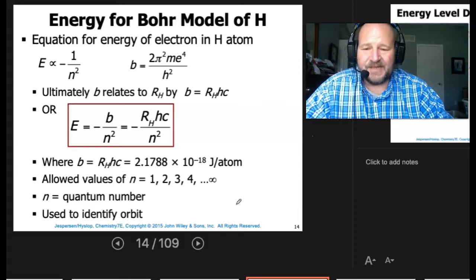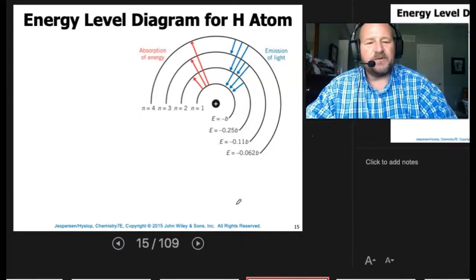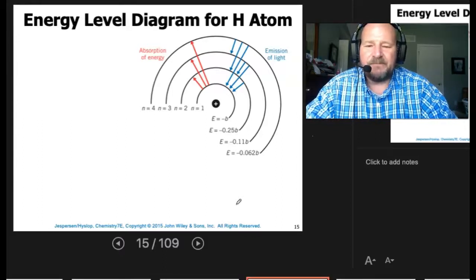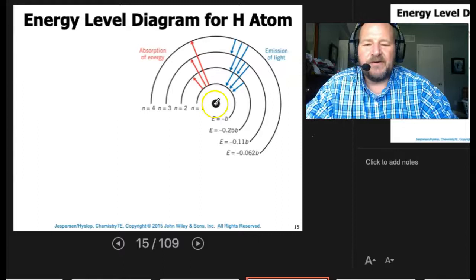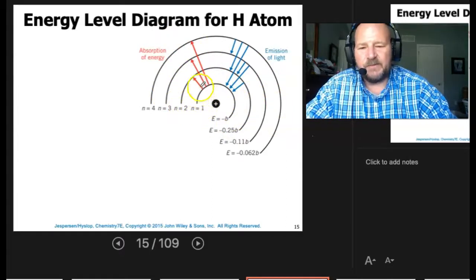And we'll use that to identify which orbit we're looking at. Okay, so the next thing we look at then, to make sense of it, to put a picture with that math, is the energy level diagram for an H atom. So obviously here we have our nucleus, and then if we think of these orbits going around, there are going to be energy levels associated with them. For an atom to move up from n equals 1 to n equals